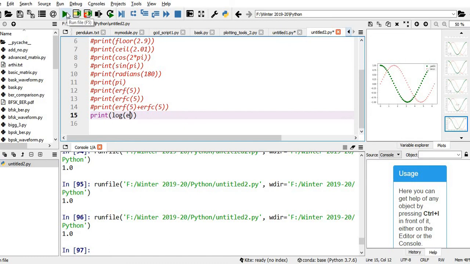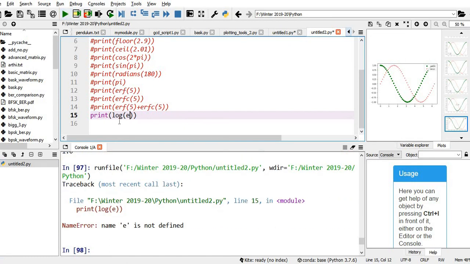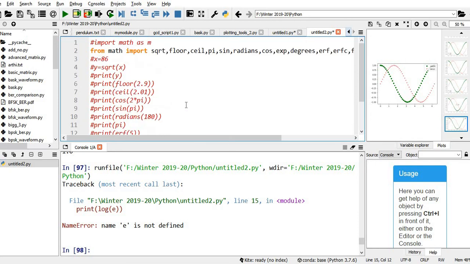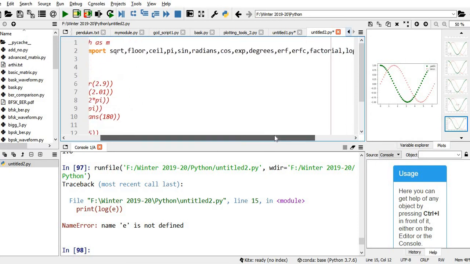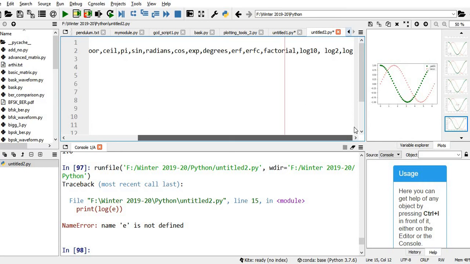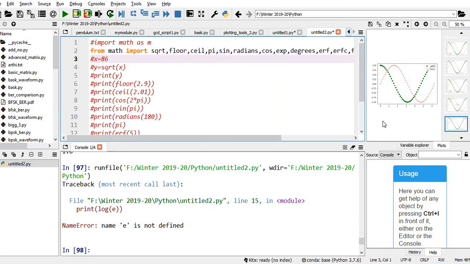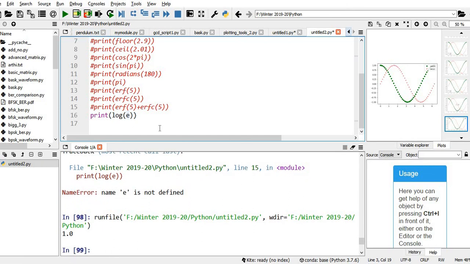I'm not giving any base, so it is a natural logarithm. Okay, e is not defined. Let me import e also. I'll write in another line. From math import e. Let me execute. You can see it is 1. So again e is a math constant. The value is 2.7.